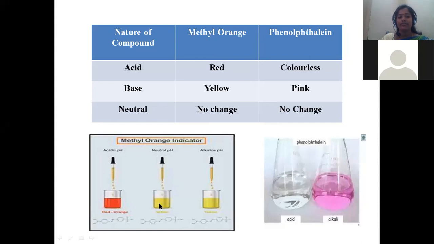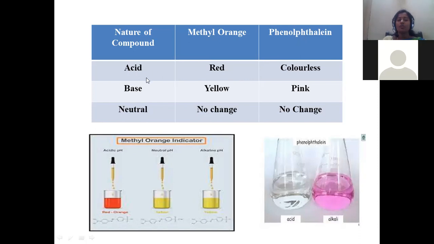When neutral solution is added with methyl orange, the color remains yellow. And under basic conditions, when we add 2 drops of methyl orange, what happens? That solution turns yellow. So this is about the methyl orange test. With methyl orange, acidic solution will be red, basic solution will be yellow. Under neutral conditions, most probably you can't observe any color change, but slightly yellow color will be observed. When phenolphthalein solution was taken, under acidic condition, phenolphthalein remains colorless.